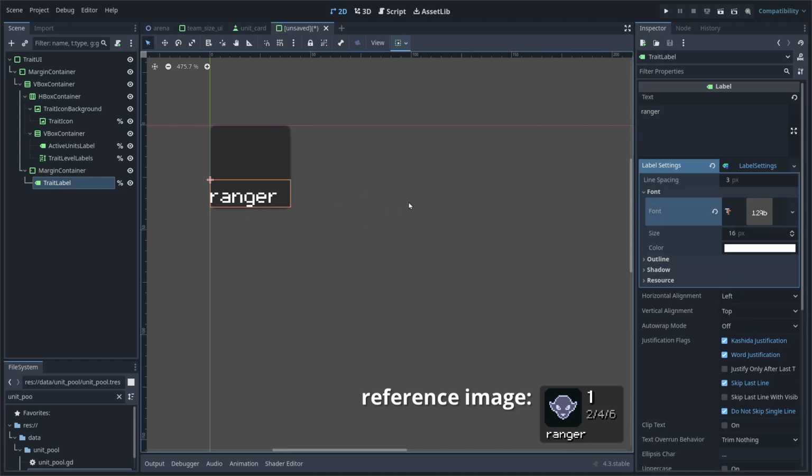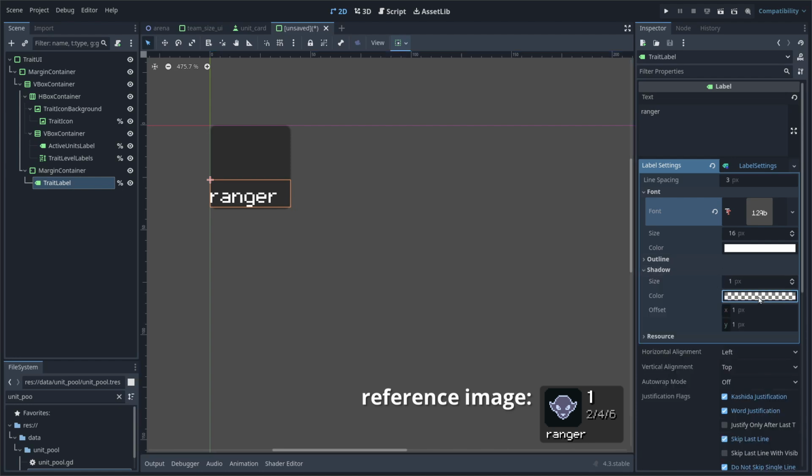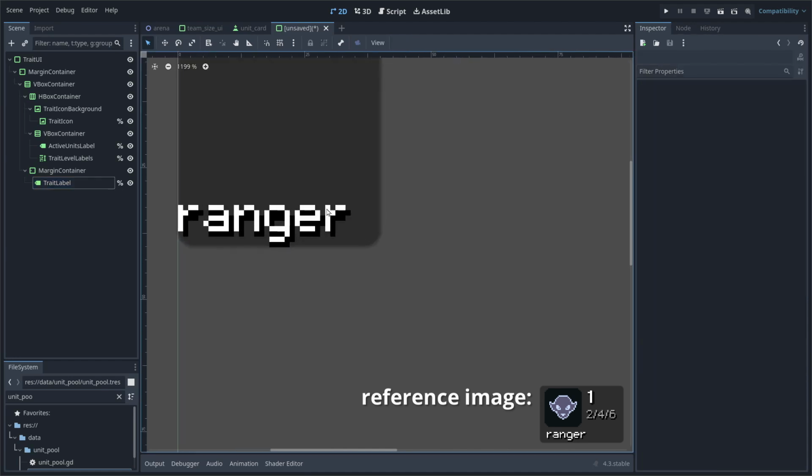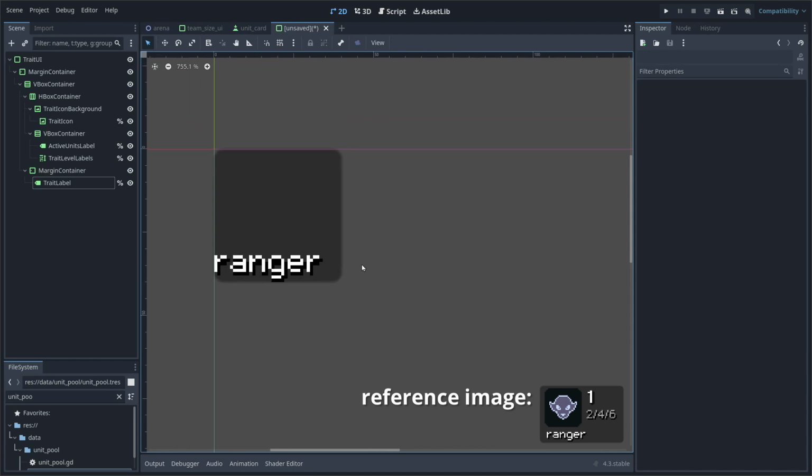You see, it's much smaller. I think it fits better for this purpose. And also we can add a 1 pixel shadow just to make sure that it pops out from the background. I use this fully opaque version. Yeah, I think it looks nice, but we do have to set up this margin container we have because it